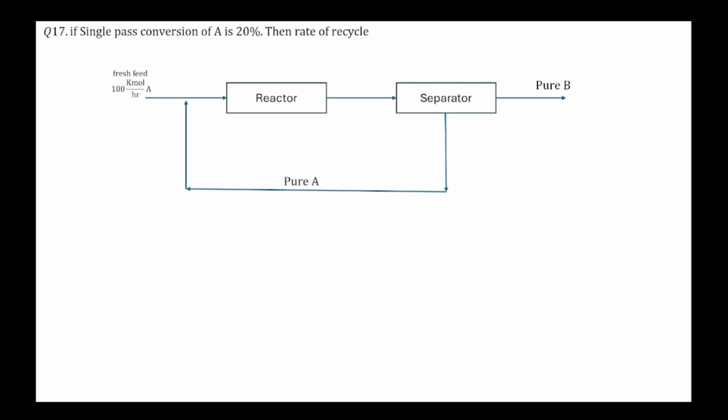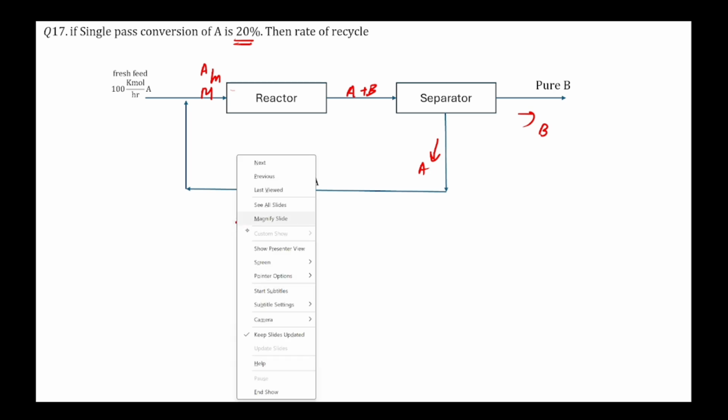If the single pass conversion of A is 20%, and we consider the recycle rate. Suppose this is M, A in M. Since we are only dealing with A, here we have A plus B, then B will go there and A will come here. So okay, 0.2